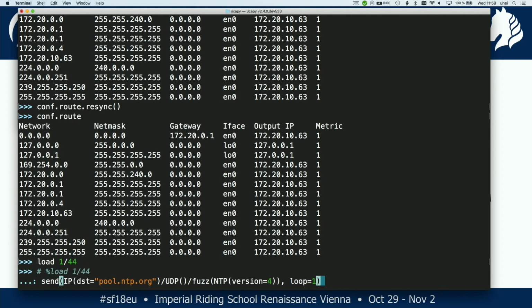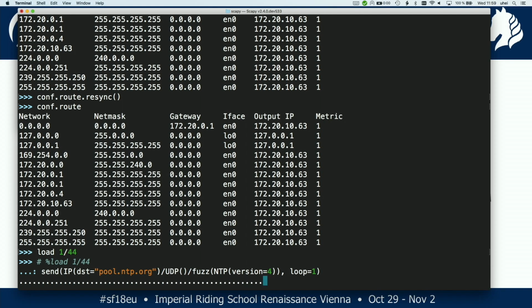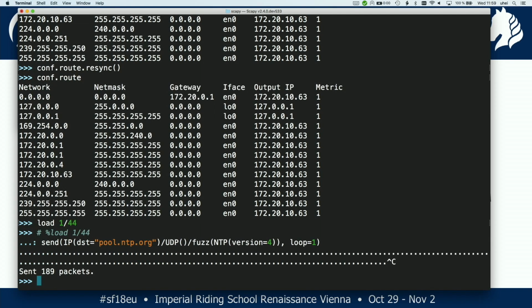So we have here our fuzz command for the NTP header, and when we send out these packets and we